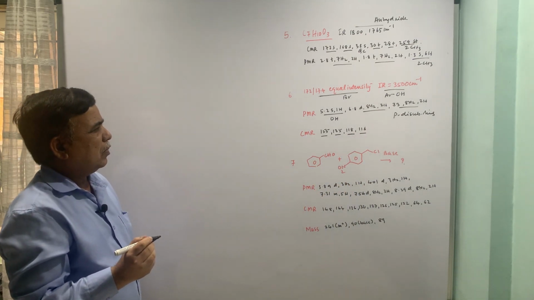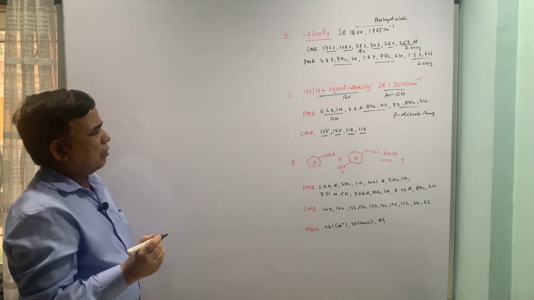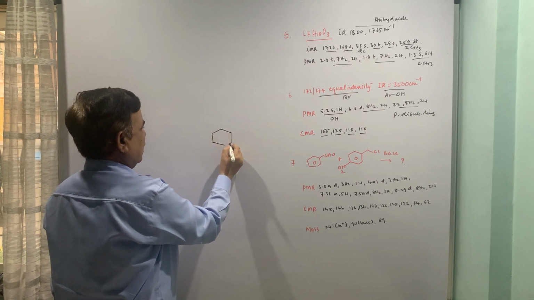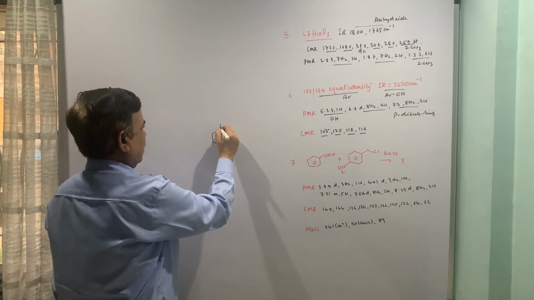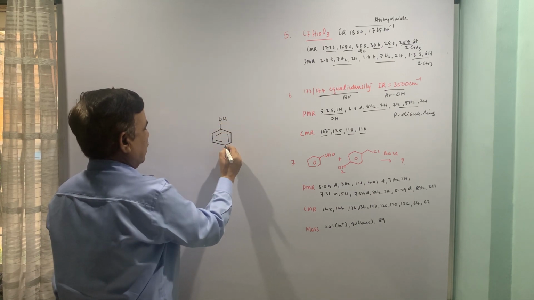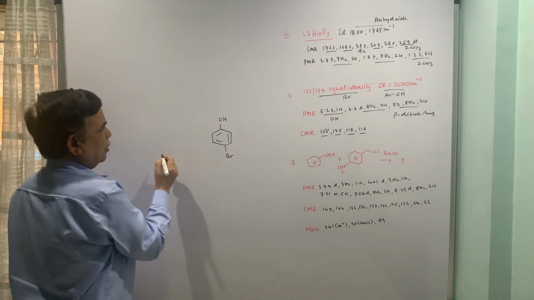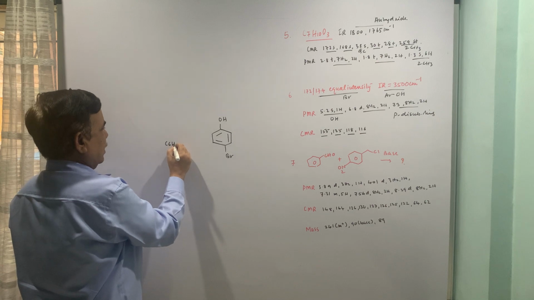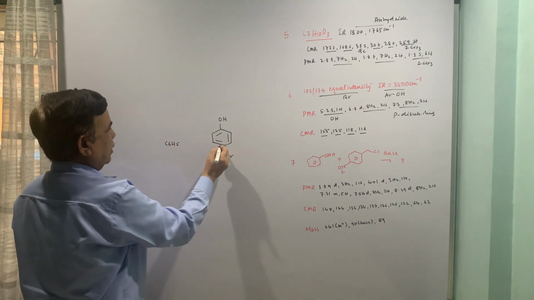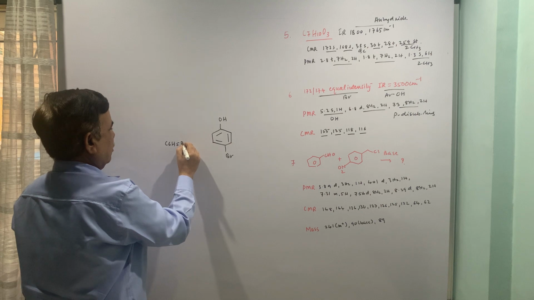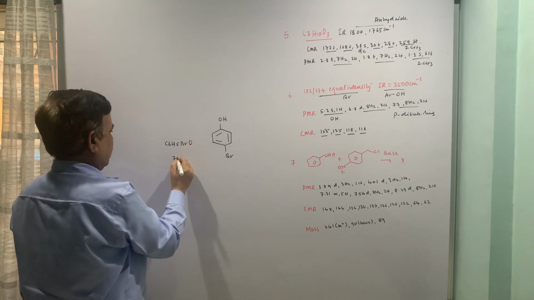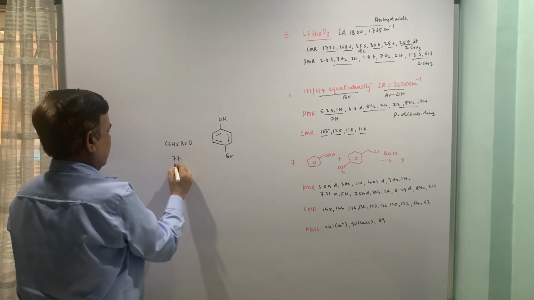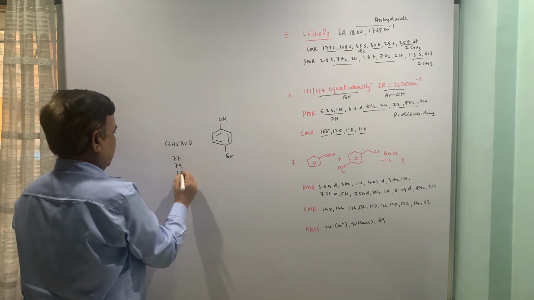So only 4 carbons are there, that means some carbons are identical or equivalent. So phenolic OH is there and Br is also there. So if I start putting the things together, C6H5, okay, 1 2 3 4 5, BrO, if you put the summation, C6H5 is 77, Br is 79, oxygen is 16.